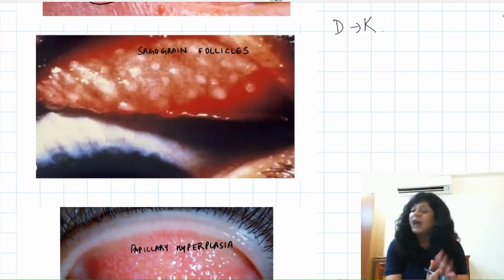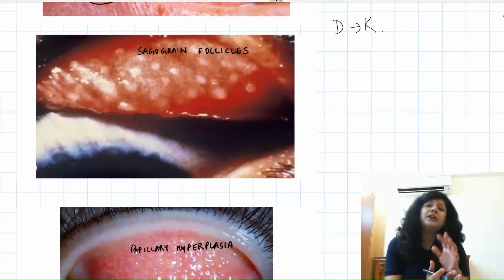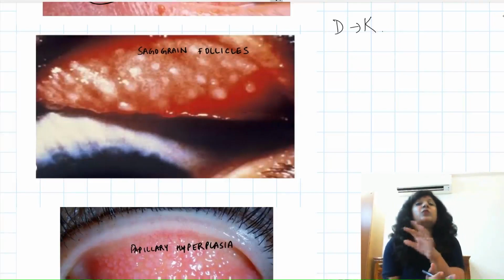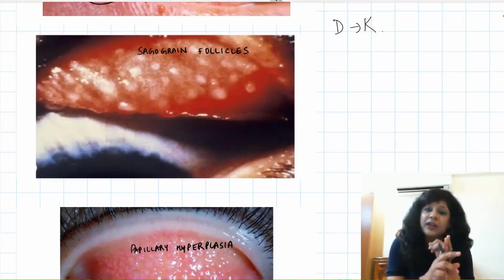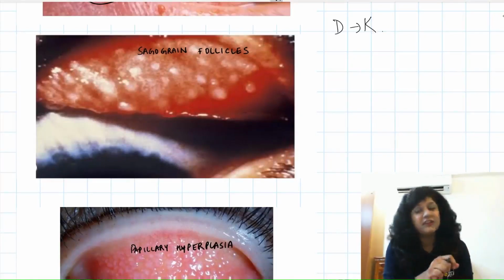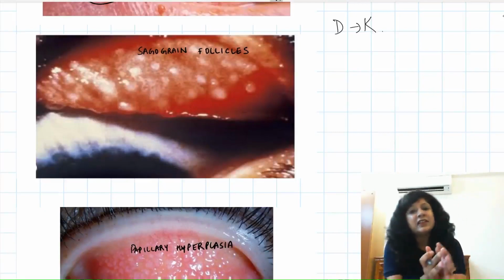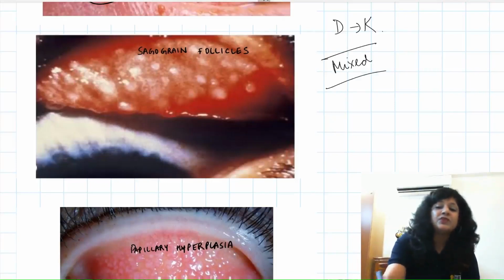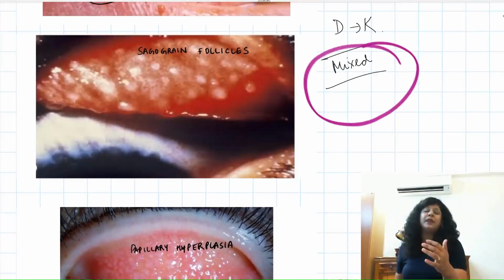Okay. Now we come to the signs and symptoms. Now, trachoma is a chronic keratoconjunctivitis. It's a chronic condition. Kerato, it involves the cornea, conjunctivitis, the conjunctiva. So it is the conjunctivitis which is involving both cornea as well as conjunctiva. Another important thing is that here we get a mixed response. Now, what do you mean by mixed response? Mixed means we have follicles also, and we have the papillary hyperplasia.